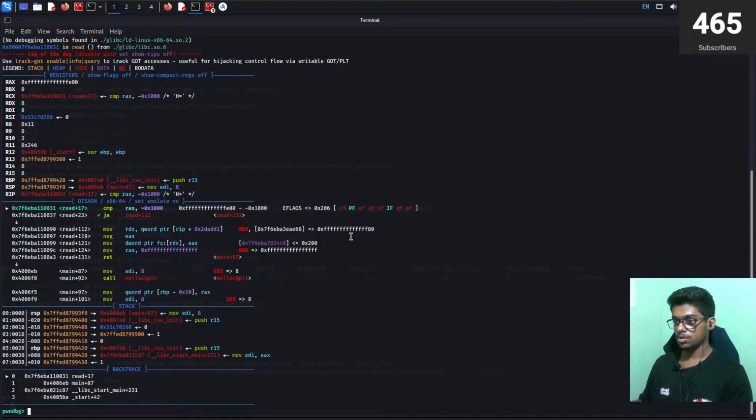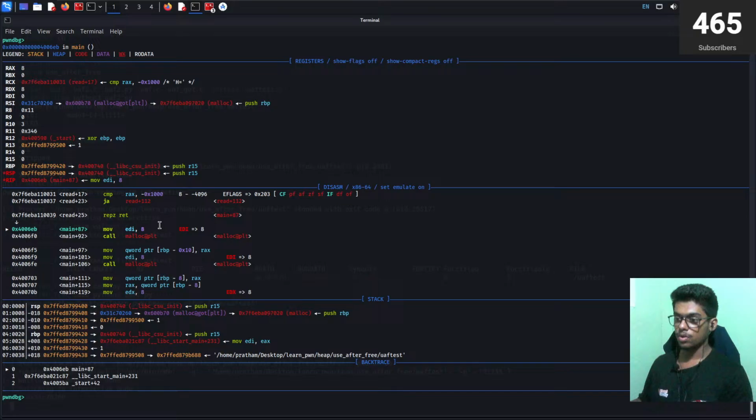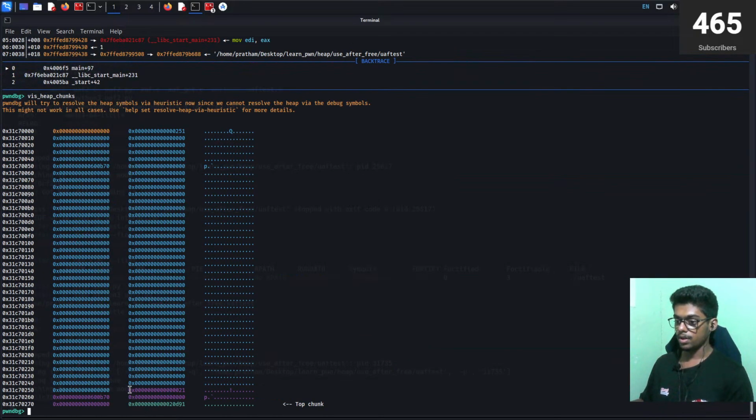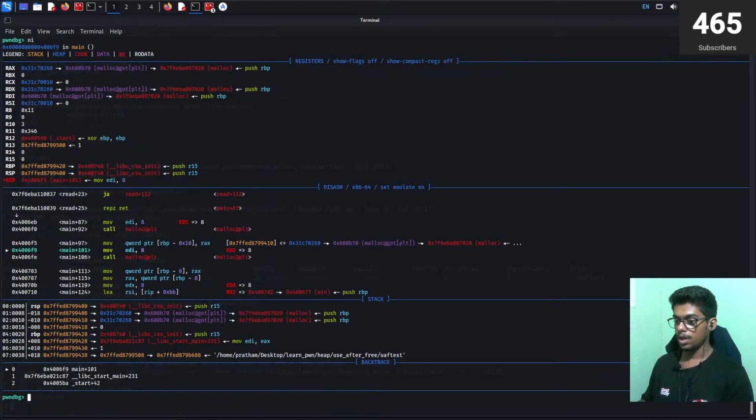If I try to maximize this, now you can see we're trying to read this. We are jumping back onto the line. So first we are trying to allocate malloc, right? 8 bytes. So if I do these heap chunks, we have allocated some bytes onto the heap, right? Again, if I do ni,